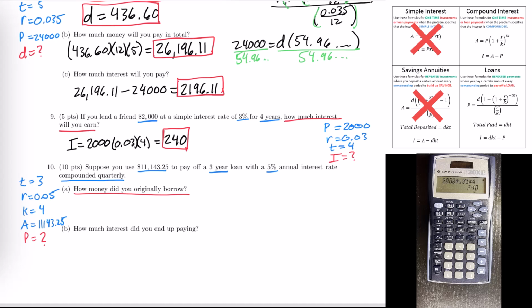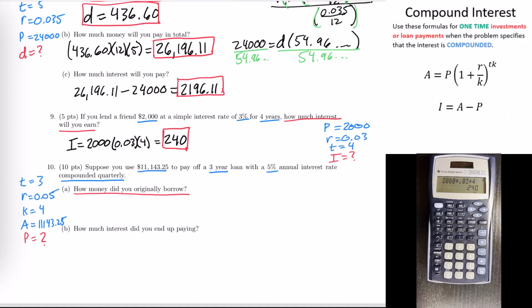And then our next question is, is this a situation where you're paying off the loan one time, or is it one that you're making repeated payments? And since they told us the total amount that we paid off the loan in one big lump payment, that means that we're going to be doing the compound interest formula. So when we look at these 2 formulas, the one that's going to be helpful for part A is the first one. And when we plug in our numbers for that, we get